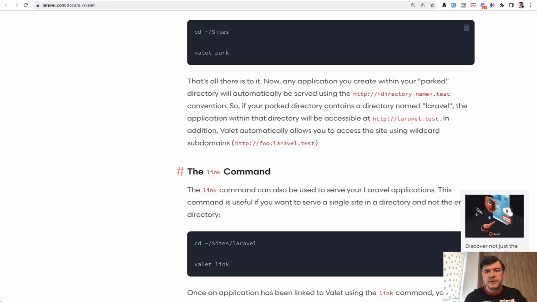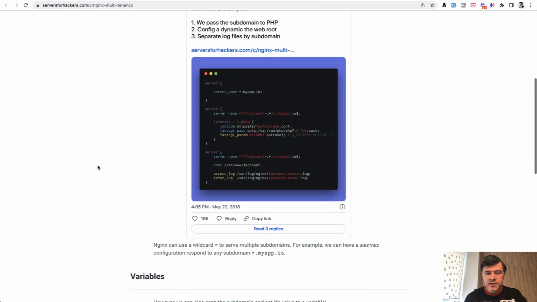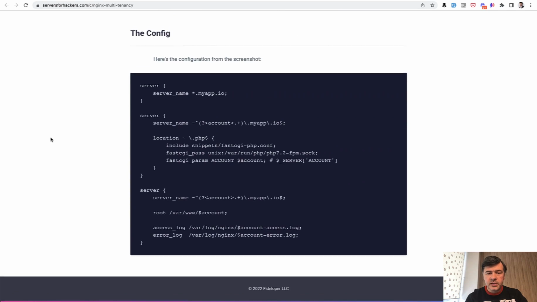For multi-tenancy, for example, in Nginx, this article from Servers for Hackers has an example configuration of wildcard subdomains, and this is the Nginx part, the server part. Then you need to configure your DNS records, so domain, and then take care of SSL certificates as well if you use HTTPS, which you should. So this topic is a separate topic which is outside of this course, so you can Google that separately,